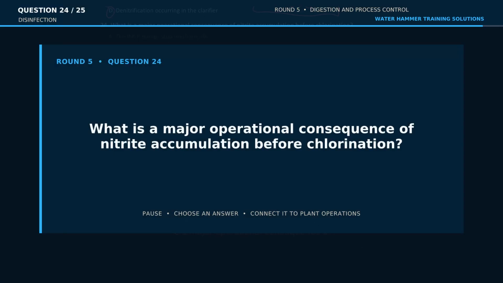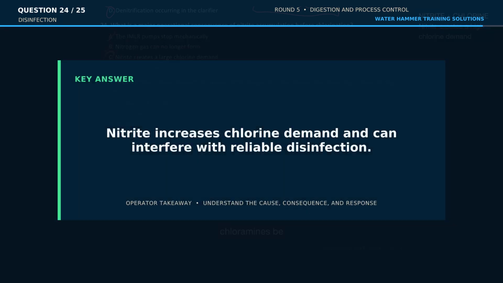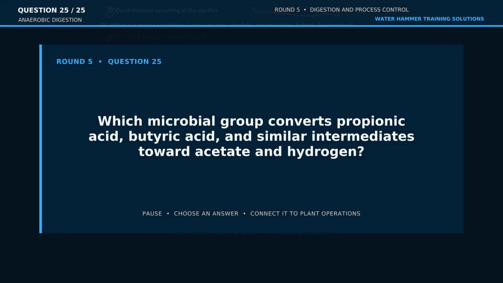All right. What is a major operational consequence of nitrite accumulation before chlorination? So is it IMLR, internal mixed liquor recycle pumps stop mechanically? No. Is it nitrogen can no longer form? No. Is it nitrite creates a large chlorine demand? Yes. You're going to have a lot of chloramines generated because of this. All right. So next,